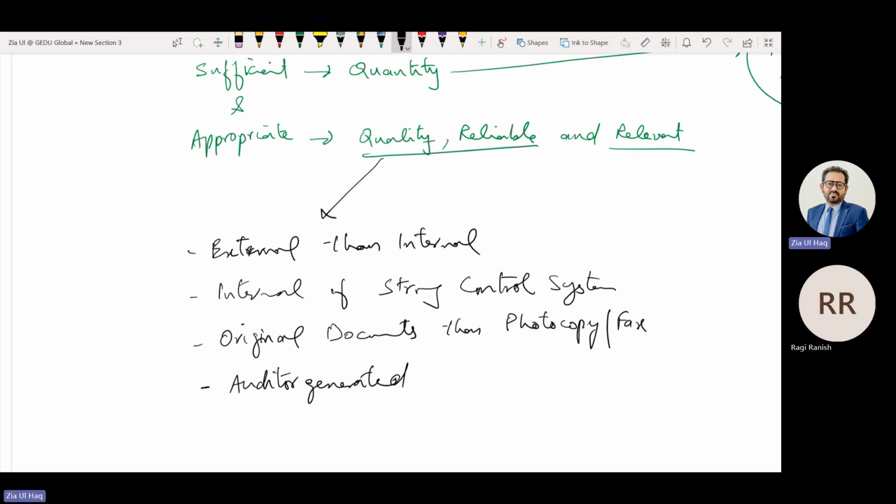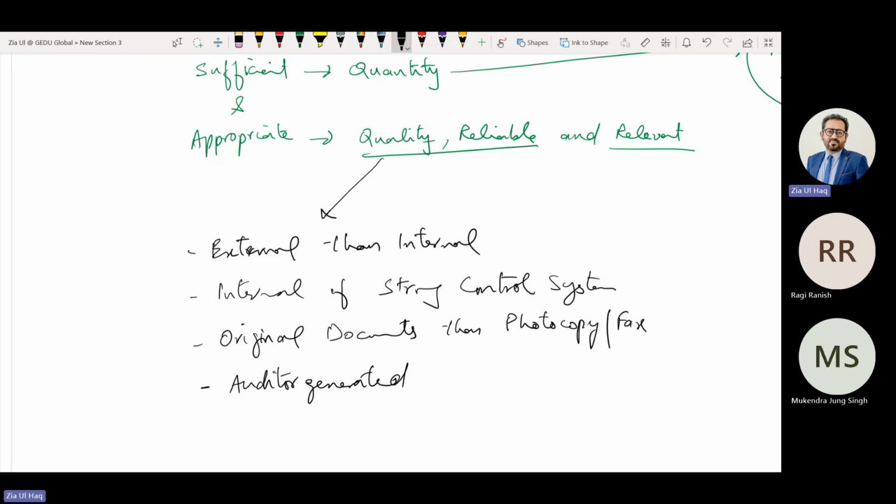You should always perform procedures to get evidence rather than taking evidence from any other person. The internal auditor also performs tests of control and substantive procedures. Instead of taking evidence from the internal auditor's work, you should perform your work by yourself and then get the evidence. That is more reliable than obtaining evidence from someone else's work.